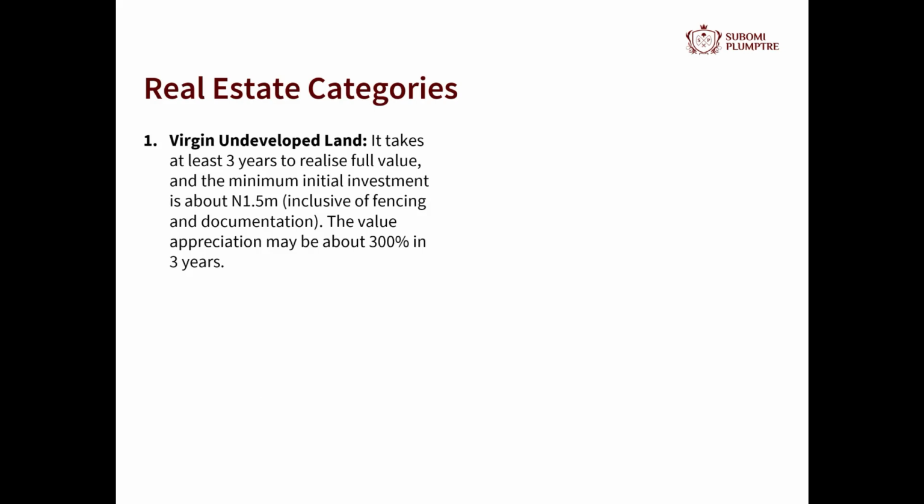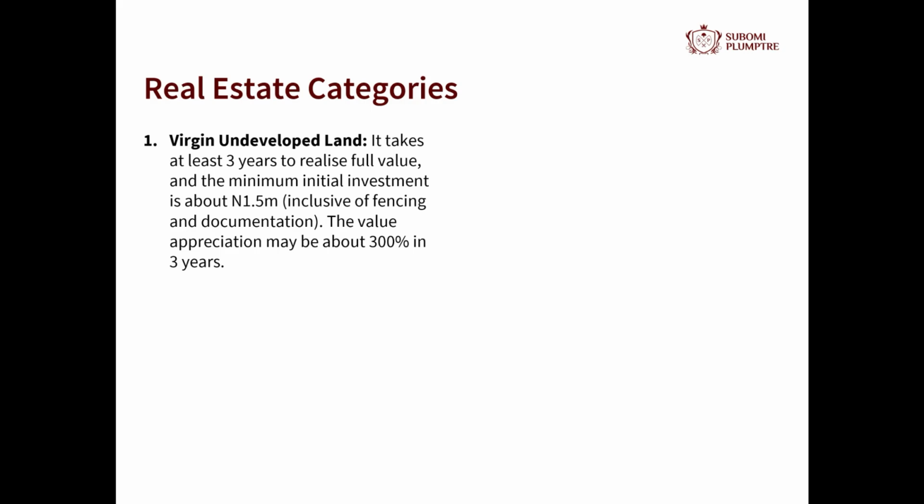Okay. Now, here are real estate categories. I've talked a little bit about virgin land. Takes about 3 years to realize value. Usually the price point starts about 1.5 million because I've included fencing and documentation. So even if you see land that is 250,000, say in Ogun State, you still have to fence that land to delineate your boundary and your territory. You still need to get whatever documentation, pay your lawyer, pay the government. So by the time you add all of those other costs, you need to really calculate how much it's going to cost you in total. So your minimum price point can end up being about 1.5 million by the time you look at all these